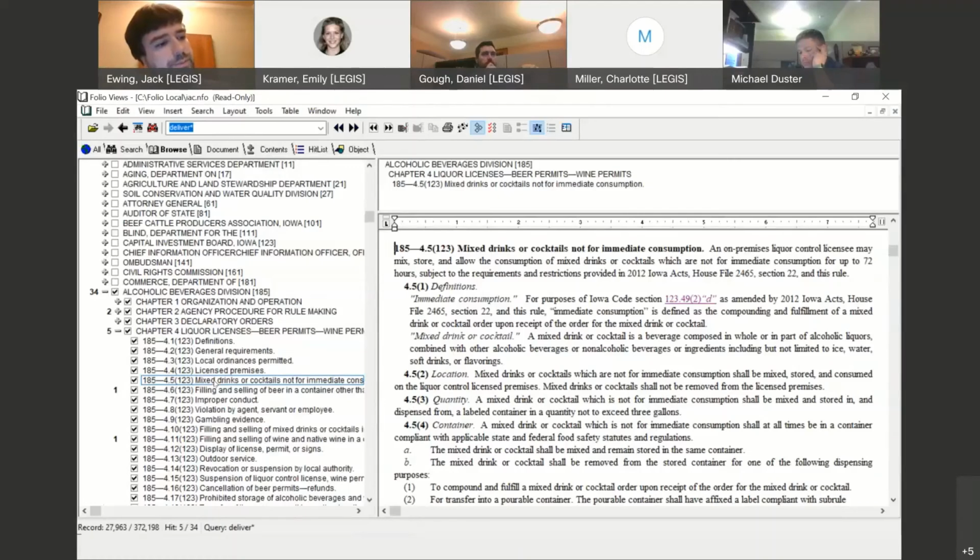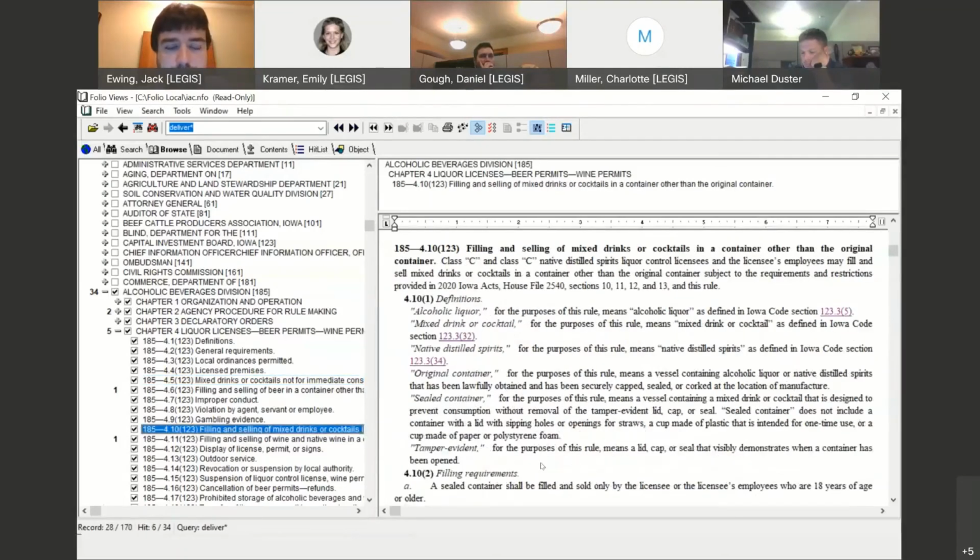Lastly, for section 8 of the bill, since we dealt with 9 and 10 earlier, those are more 8 a.m. sections. Section 8 is changing the definition, or creating a new statutory definition of sealed container, as well as tamper evident. If I do a search for those two terms, sealed container and tamper evident, I'm going to end up back at this rule we discussed earlier, 4.10. I'm going to find that the